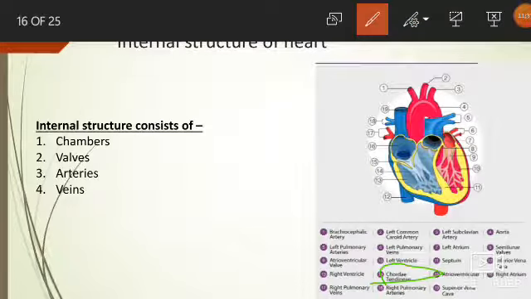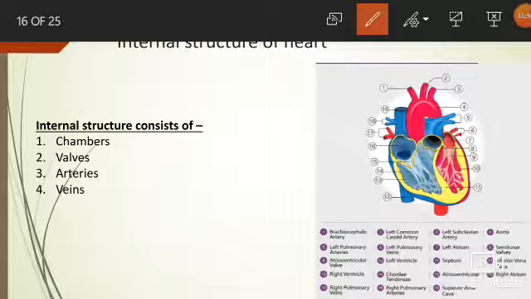These are tough fibrous strings. These strings are similar to the strings that support parachutes. When the parachutes have to be opened, they are supported by some strings. Similarly, when ventricles are filled with blood, they have to be expanded. So the expansion is done with the help of chordae tendineae.